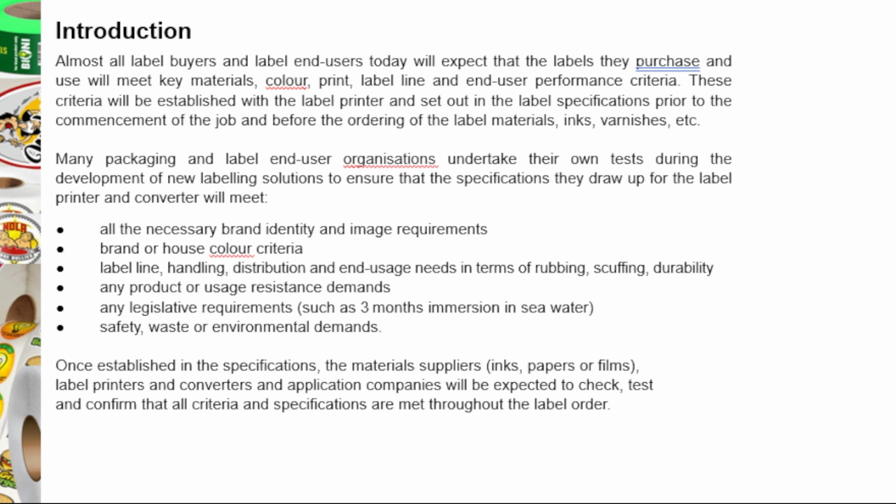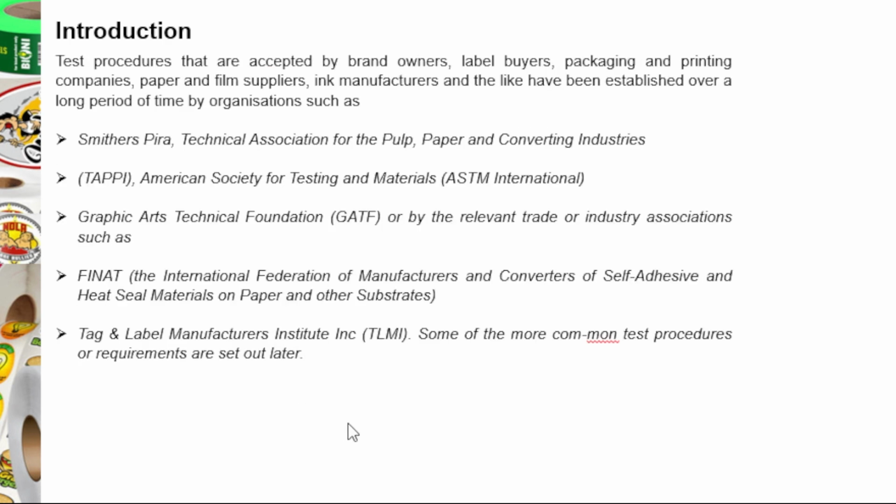waste, or environmental demands. Once established in the specification, the material suppliers, ink, paper or film suppliers, label printers and converters, and application companies will be expected to check, test, and confirm that all criteria and specification are met throughout the label order. Continue. Test procedures that are accepted by brand owners, label buyers, packaging and printing companies, paper and film